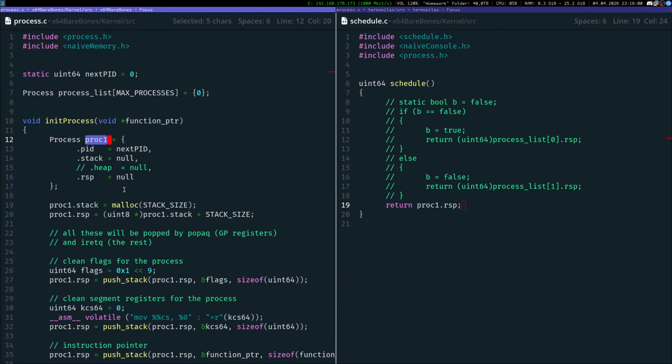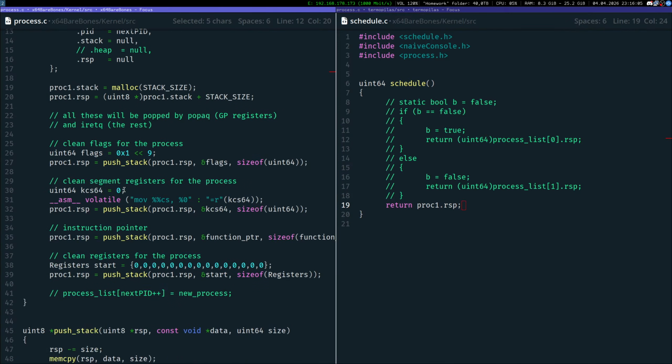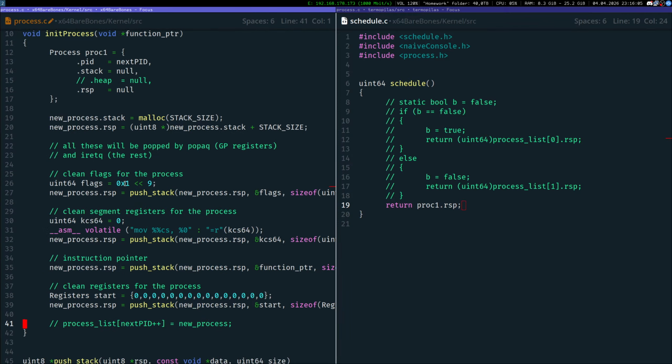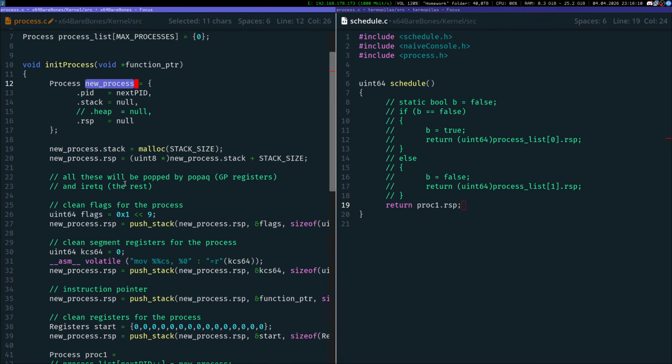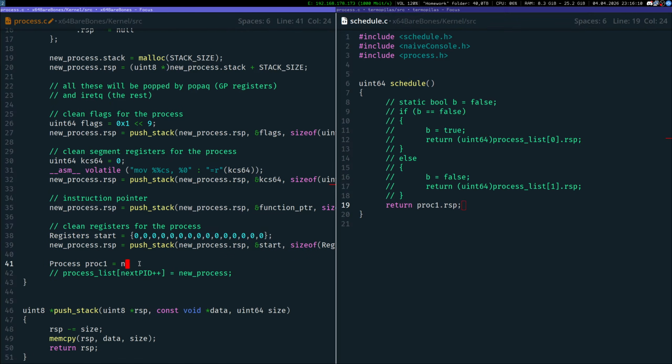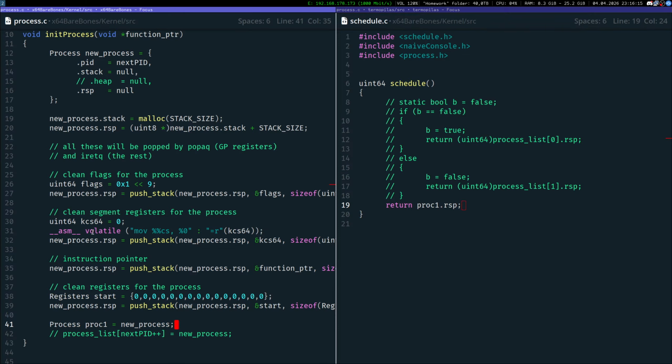Okay, so proc1. Yep. Let me just do new process. New process. That way I just need to add that one line. So